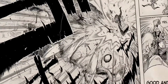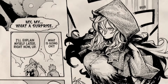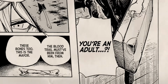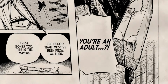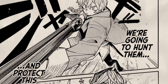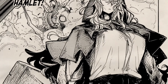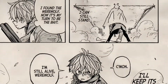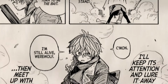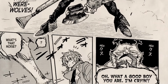It's drawn and written by one of the assistants of Kohei Horikoshi, the creator of My Hero Academia. And this does tend to happen a lot from what I hear. Assistants that work on manga like My Hero Academia end up trying their hand at making their own series, whether they've had one in mind for a long time or they had an idea and they wanted to see where it goes. And since this guy has some really good backing from his original boss, things could very well be